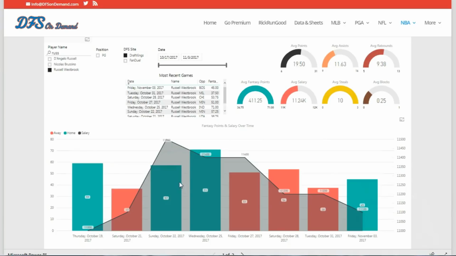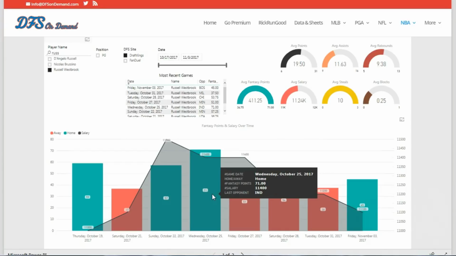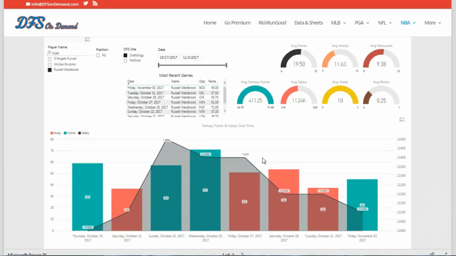So first game of the year against the Knicks, 59 DraftKings points, he was $11,000. And you can see this black trend line representing his salary. You can see his fantasy output here was 71 points against Indy. The red are the away games. The green are the home games. So you can see that trend as well. Here you can see his most recent games, just at a very quick peek. Okay, there's his most recent games. This looks a little bit like Christmas. I might have to change these colors around, but